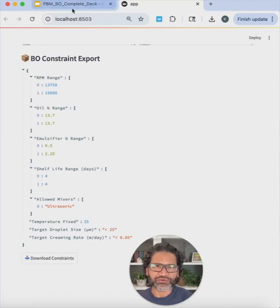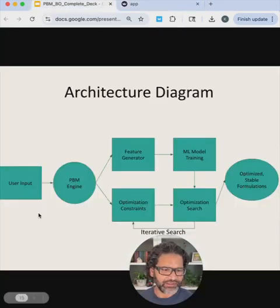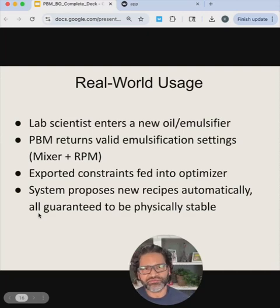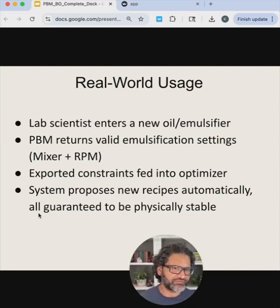So now going back to the slides. What's the real world usage? In the real world, it's simple. A lab scientist enters a combination of a new oil and emulsifier, with the specific percentages. They receive valid emulsification settings, mixer, RPM, and so on. They extract those as constraints. They feed that into an optimizer, and then new recipes that are suggested are guaranteed to be physically stable because